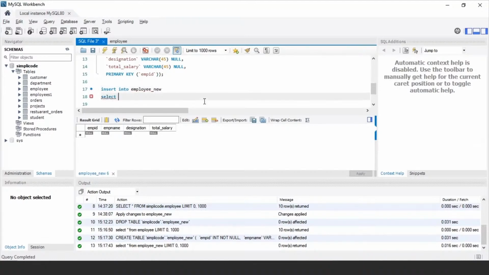select. Now since we are only concerned with the employee ID, employee name, designation and total salary, we'll mention only those columns: employee ID, employee name, designation, total salary, from the previous existing table, that is our employee table, where total salary,